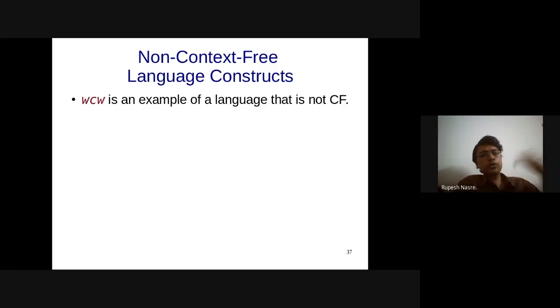For example, we know that WCW is an example which is not context-free. But do we really use it in the context of parsing programs? So if I say that WCW is a language, what can that signify in our C programs? Any suggestions?